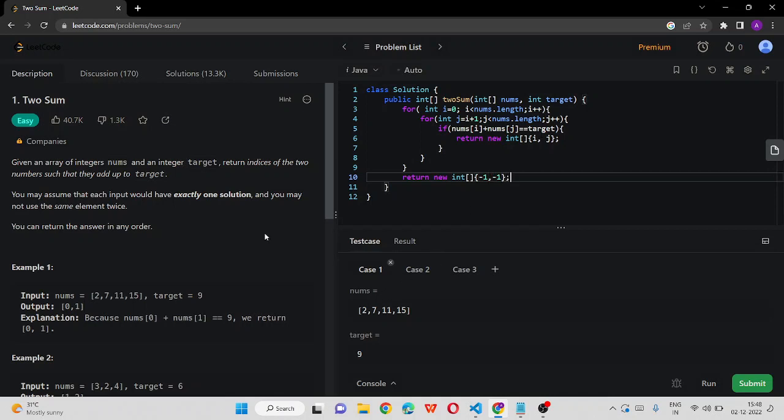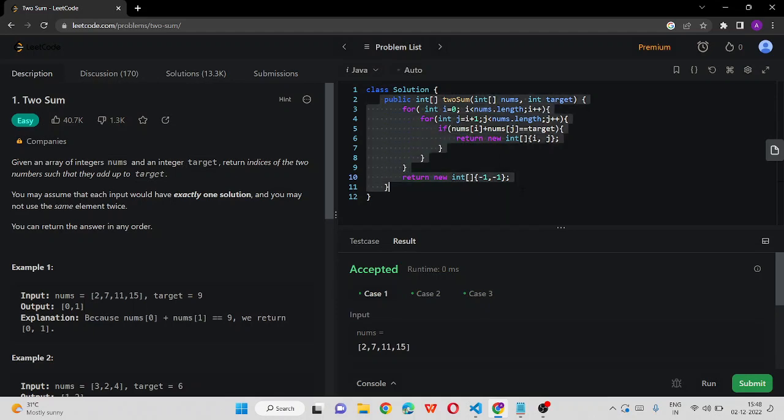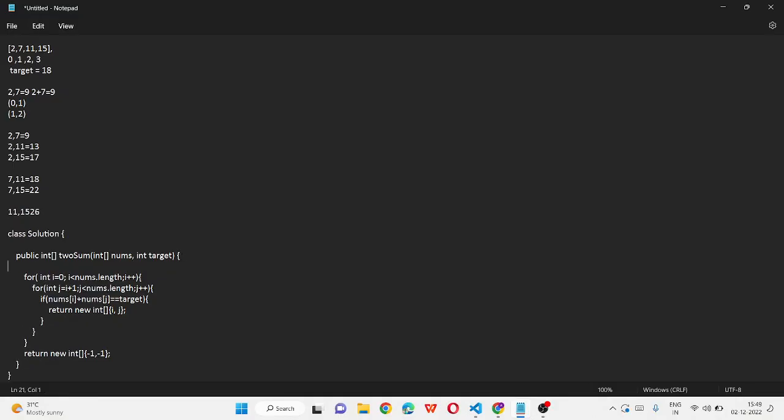Let's try to run the code over here. See, it is accepting all the test cases. Okay, I'll explain this code. Okay, so here I have taken two for loops, right? First for loop,